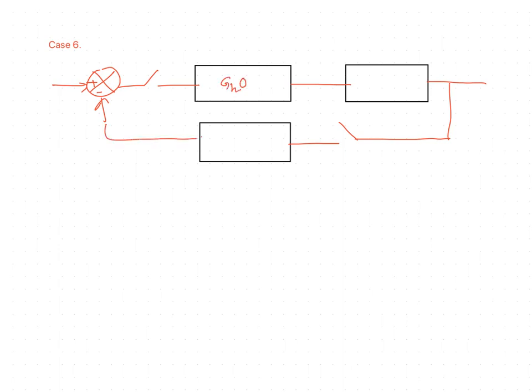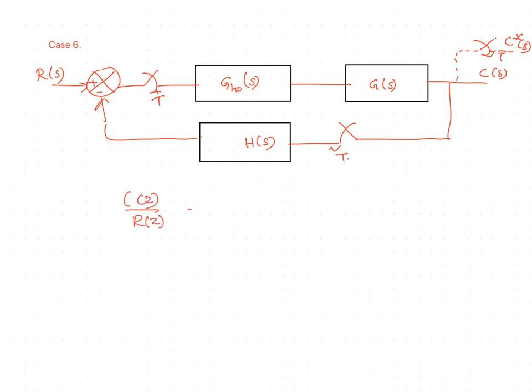So, this is GH0 of S, that is a zero order hold, G of S, C of S, a fictitious sampler C star of S with the same sampling interval. H of S is in the feedback path, R of S is the input. So, here we can write C of Z by R of Z as,